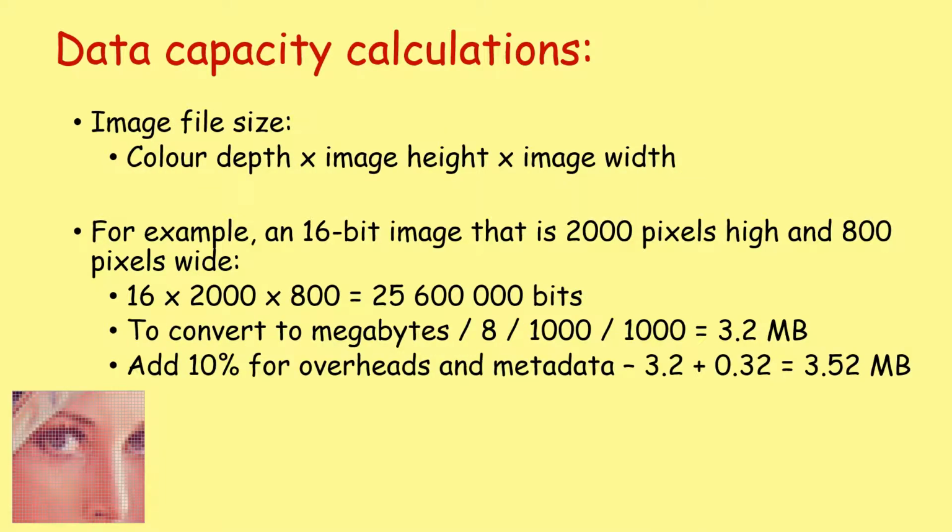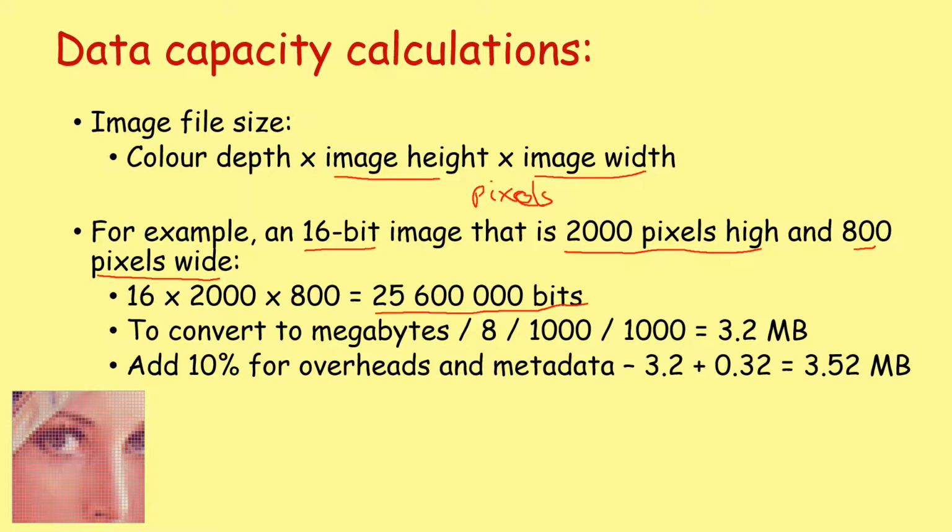Image file size is the color depth multiplied by the image height multiplied by the image width. The image height and the image width are both in pixels, so the number of pixels. So for example, a 16-bit image that is 2,000 pixels high and 800 pixels wide comes to 16 times 2,000 times 800 equals